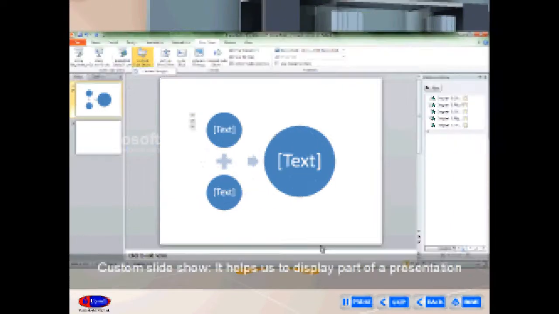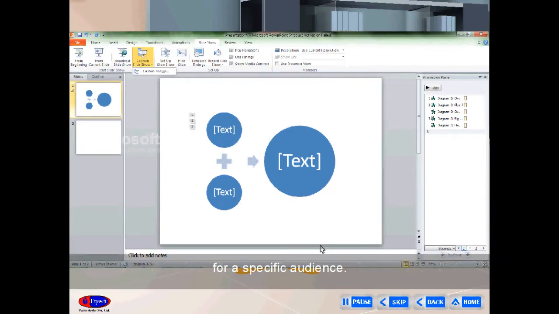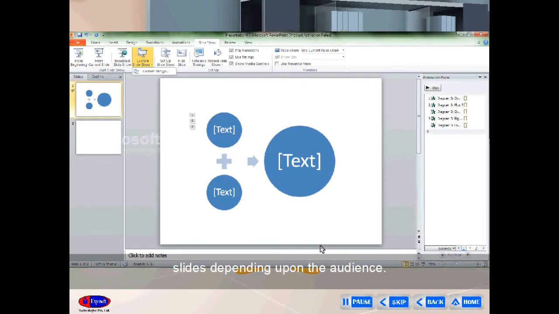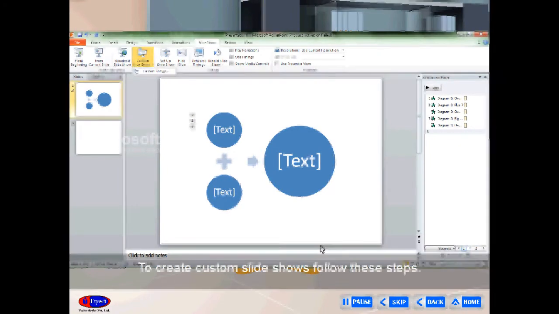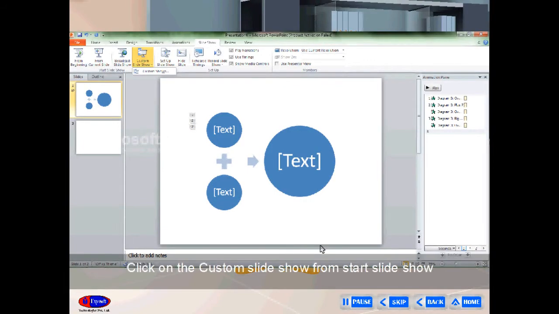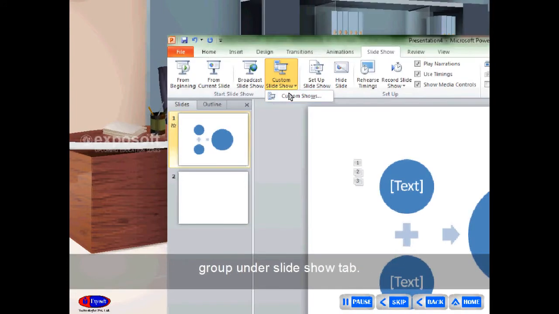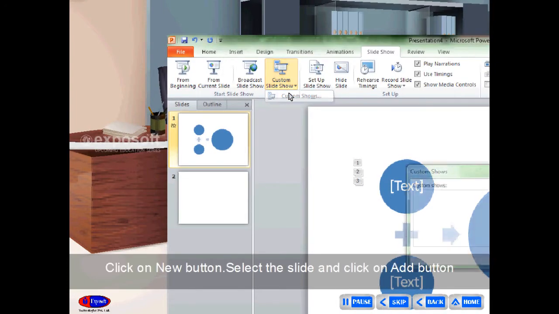Custom slideshow. It helps us to display part of a presentation for a specific audience. Using this option, you can display selected slides depending upon the audience. To create custom slideshows, follow these steps. Click on Custom Slide Show from the Start Slide Show group under the Slide Show tab.